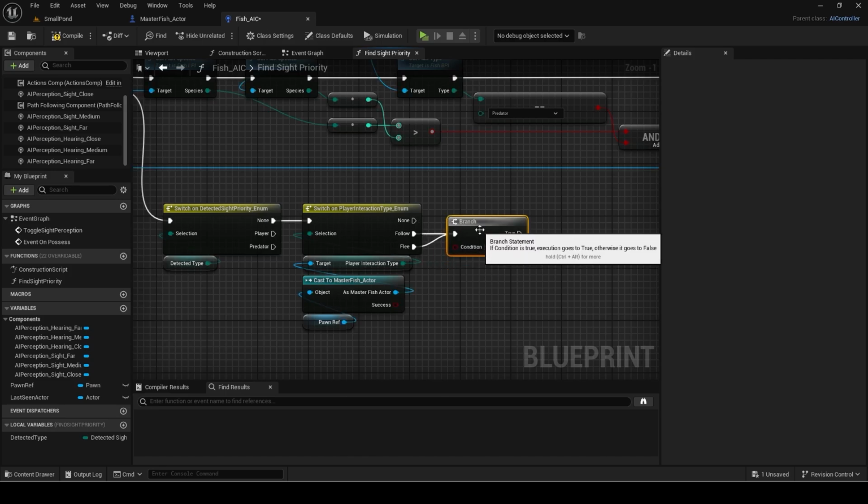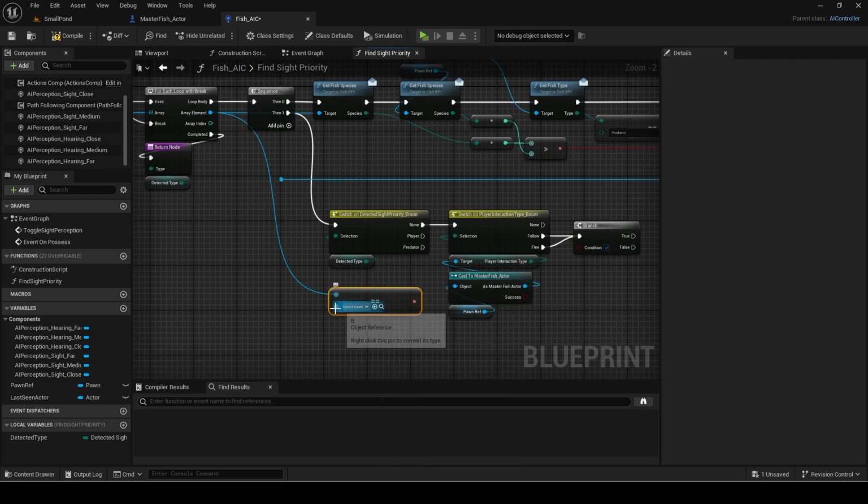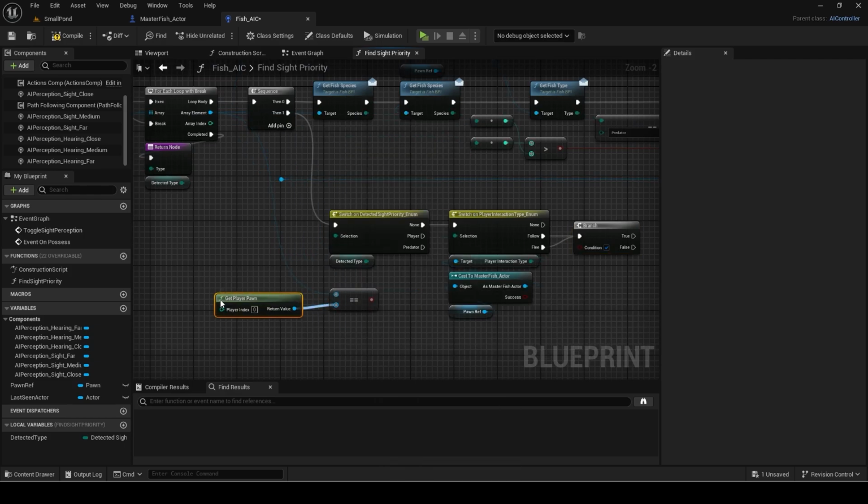This checks if the player was detected and whether player interaction is enabled. We are hard casting here to the master fish actor, but I thought it would be pointless to make a whole interface function just to return one customizable variable since